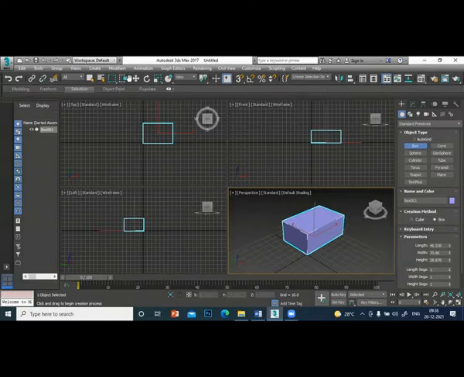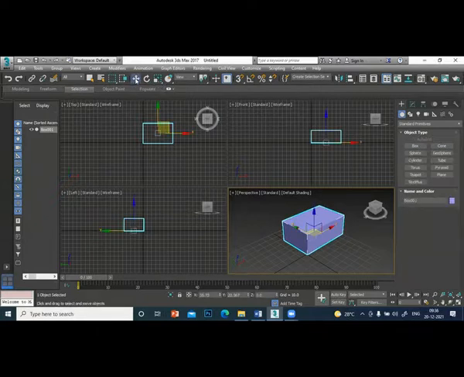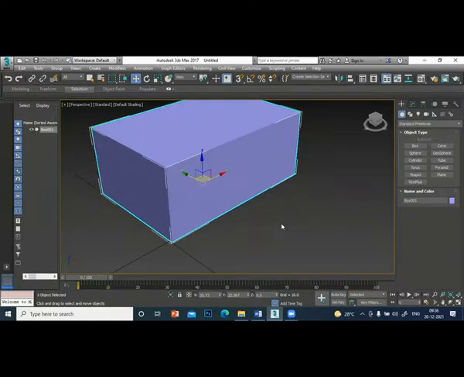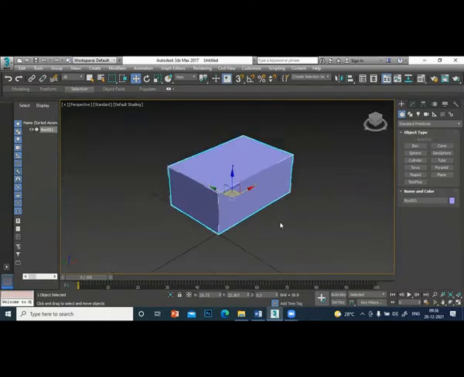So select the object and just click the move. And you can see, I will make it a bigger screen. So now we can see three colors there. This red indicates the X axis, green indicates the Y axis, and the blue indicates the Z axis. Is it clear? Red indicates the X axis, and it is written here, small x. Y axis, Z axis. So if you want to move in the X axis,